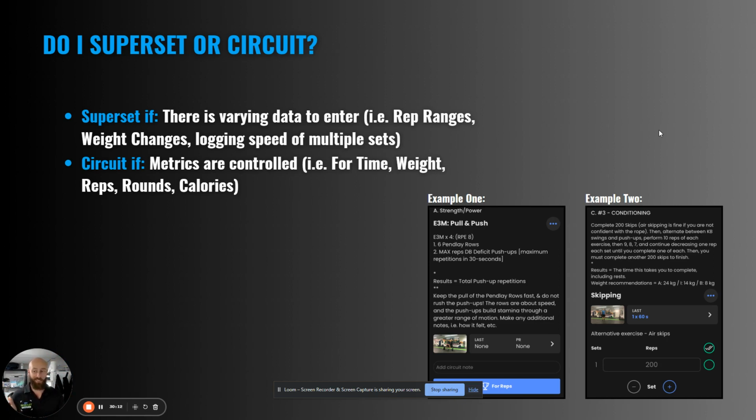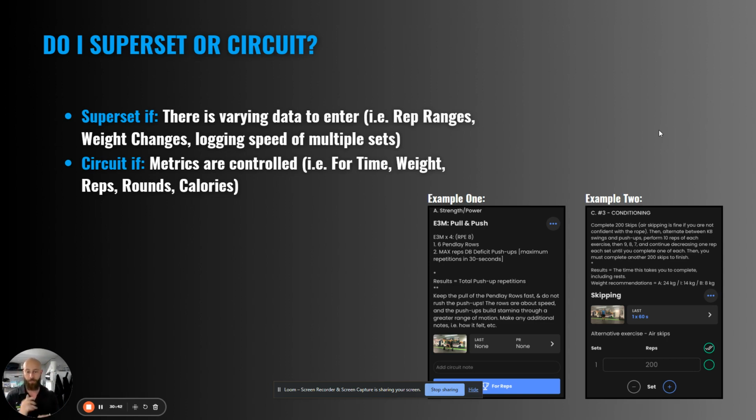Yeah, but the thing is, it's up to the coach's discretion because both example 1 and example 2 could be switched around. Like example 1, which is a circuit setup, could be a superset, because what if I want to track how many reps each individual push-up set was? So in the descriptions on the bottom of that, it would say log the reps you did in each 30-second set for push-ups.